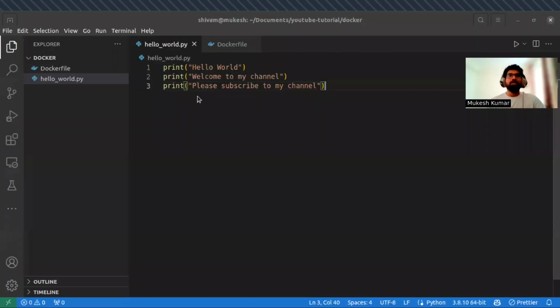I am Mukesh and today we are going to dive into creating a Docker file, building a Docker image and creating a container for a simple Hello World Python script. So let's get started. Let me share my screen first. This is the code that I have written for hello world.py. Okay, so what we'll have to do is